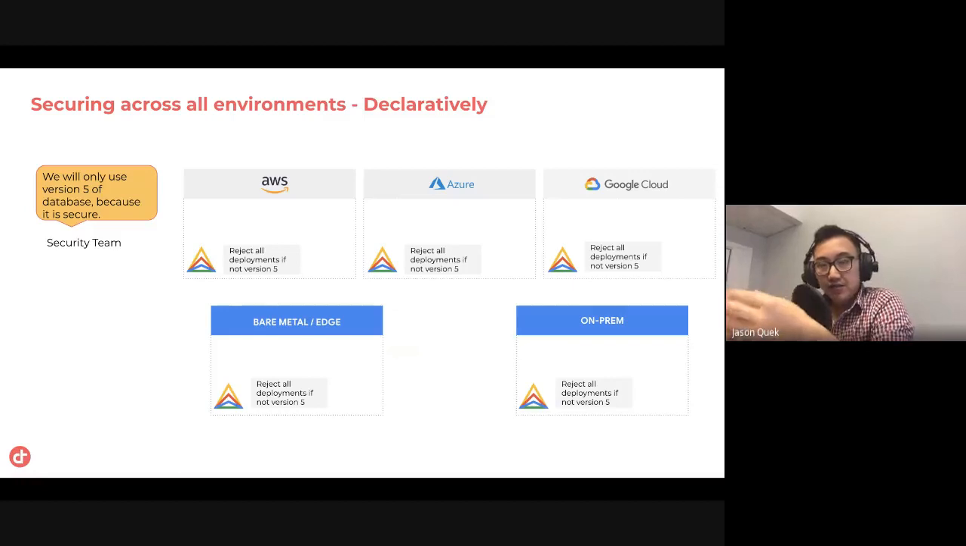So Anthos also gives you the ability, from a security point of view, to define policy as rules, so declaratively. Your security team can do their research and investigate, for example, that Postgres database or whatever database. They will only use a certain version of it because they have done the research, investigated it, and done penetrative attacks on it,